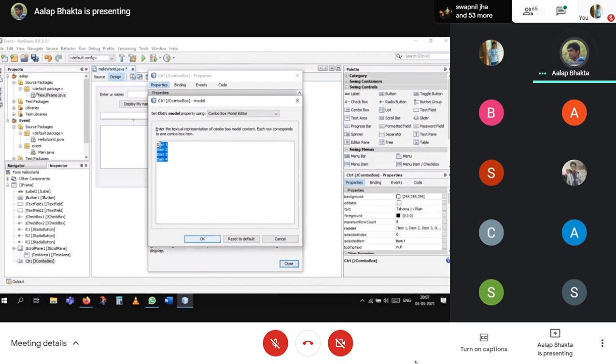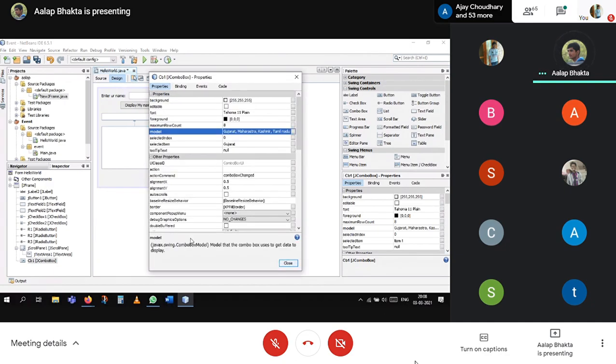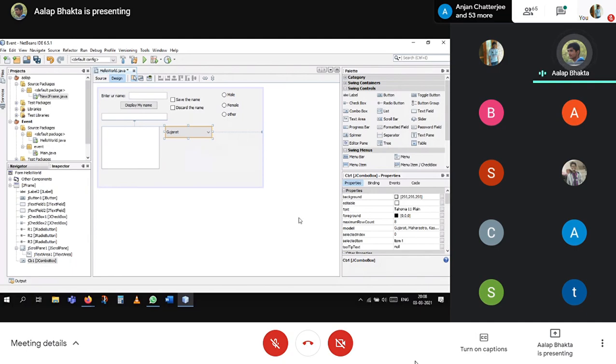Then you can display your name or anything like states: Gujarat, Maharashtra. You can go on with the list. So it will now show Gujarat, Maharashtra, Tamil Nadu, Kashmir.